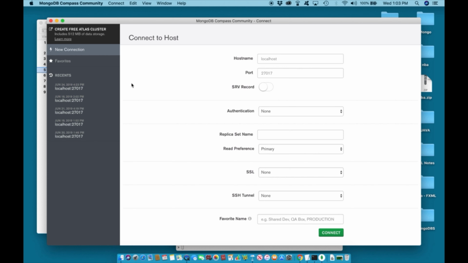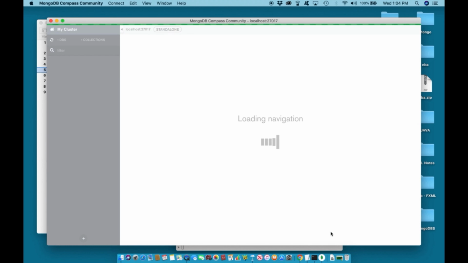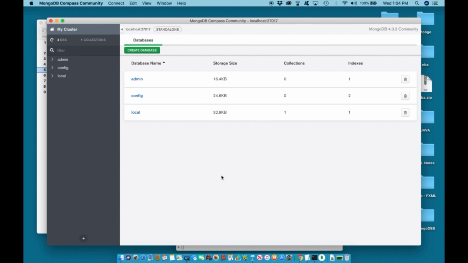Once MongoDB Compass opens, again it will be connected to the same localhost, port number 27017. This page will come up. Localhost, port number will already be loaded. Do not change any of the information. Simply click Connect. And once you click Connect, you're able to see all of the databases that currently exist within